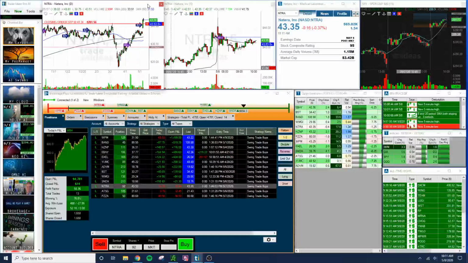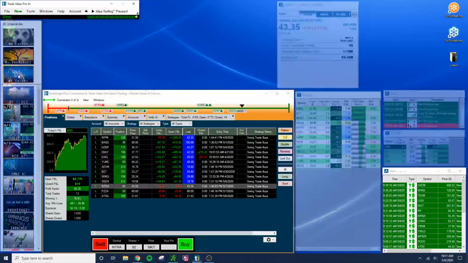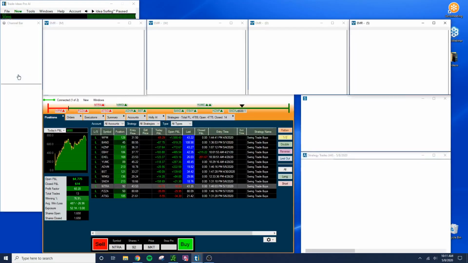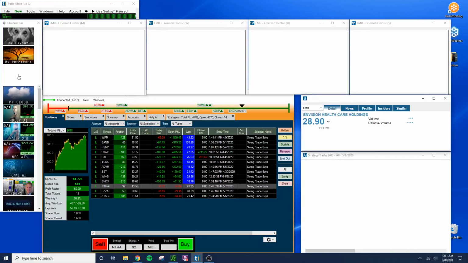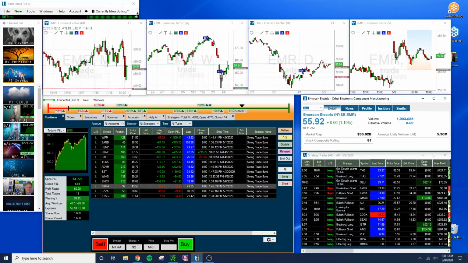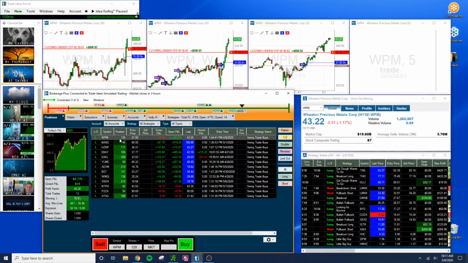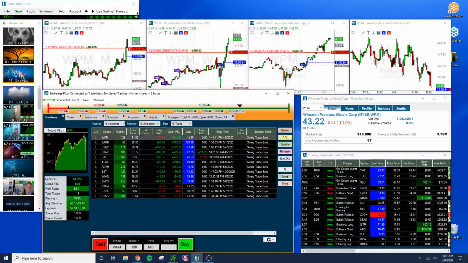So I already did this this morning, but I'll walk this through, a really cool feature for those of you using Brokerage Plus who have open positions in the market. You've probably noticed in your charts, you have your closing orders displayed live on charts. Actually, let me change to a different layout. This is my AI Swings layout. It's a custom layout, and for any of my open trades, if I click on the ticker,